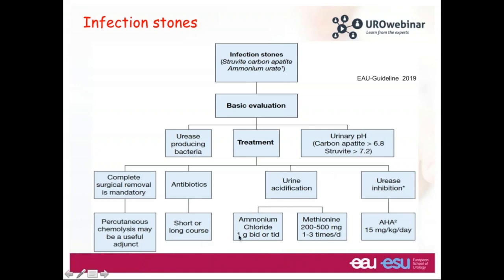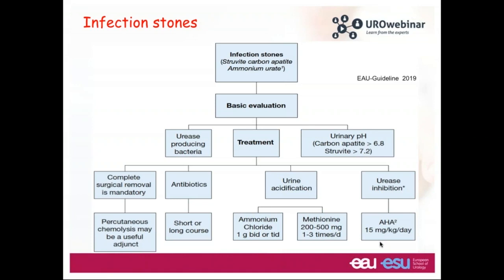Urine acidification with ammonium chloride or L-methionine, 200 to 500 milligrams 1 to 3 times a day, or 1 gram twice or 3 times a day, is not that often used in our clinical practice. More often, we give L-methionine. It's difficult to reach in several European countries. Urease inhibition with AHA has the highest level of evidence. We have a randomized controlled trial, but the recommendation we give due to the side effects is very, very low,